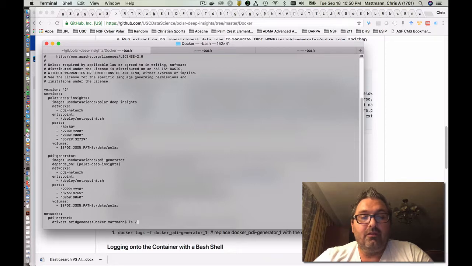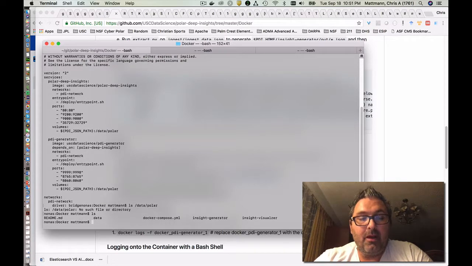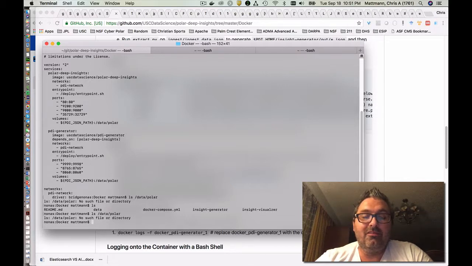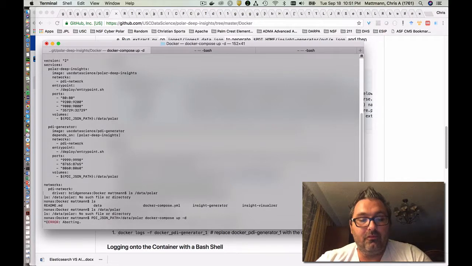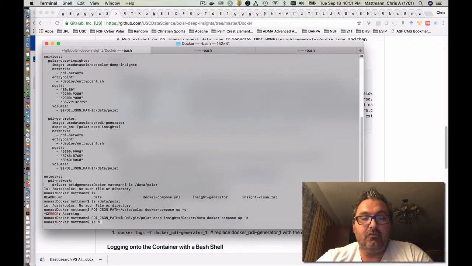So I'm going to show you the contents of Data Polar on my machine. I'm sorry, my Data Polar, it doesn't have to be at Data Polar. It could be at any particular directory path. We're just going to go ahead and specify it in this environment variable here, which is called PDI JSON path. So for me, my Data Polar directory actually lives at home git Polar Deep Insights Docker data. So I'm going to go ahead and save that command, but I'm just going to show you what the directory